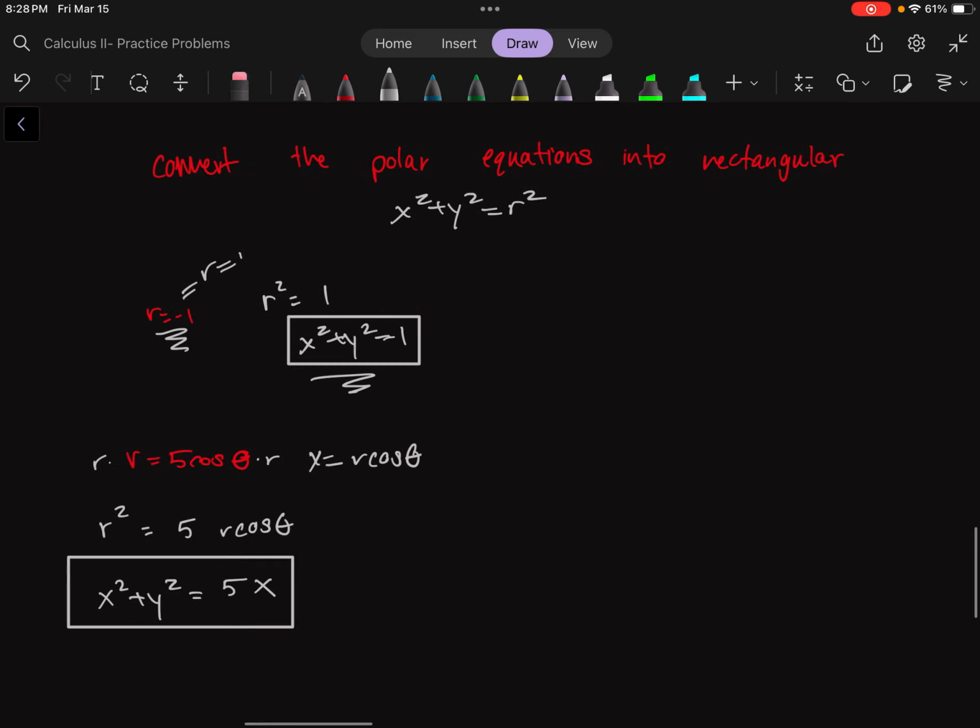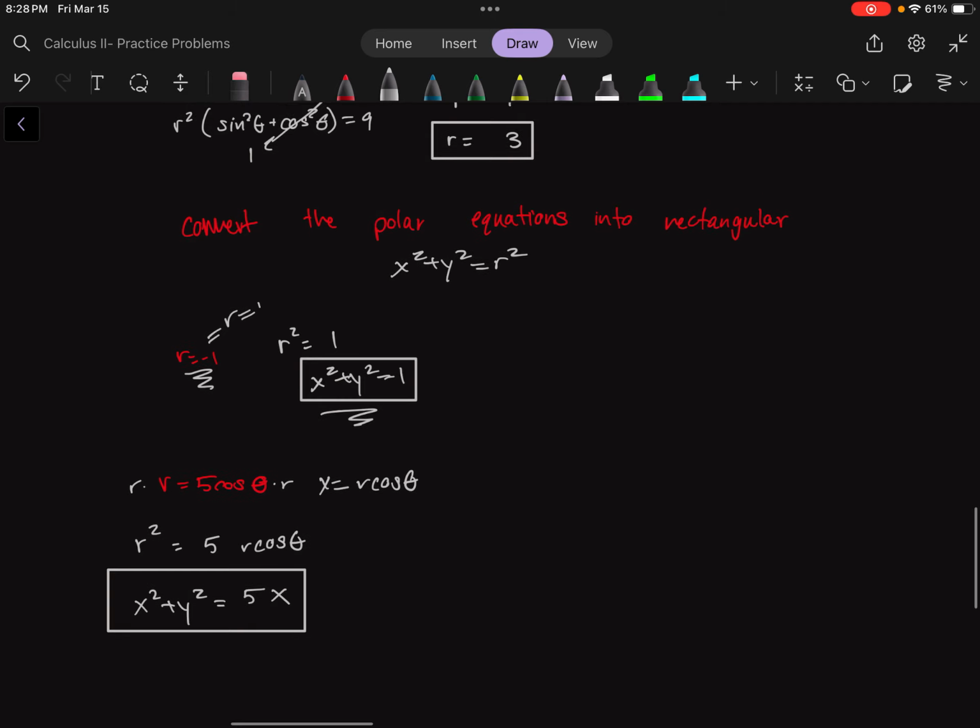So these are the simple operations that we do with polar, just converting coordinates and plotting them, and also converting equations back and forth from polar and rectangular. And in the next video, we'll look at area in polar coordinates. So that's how you do